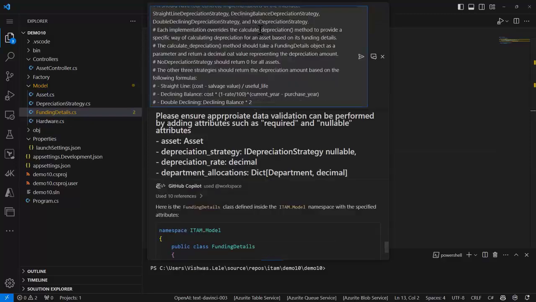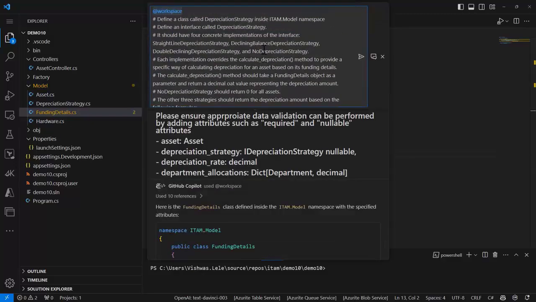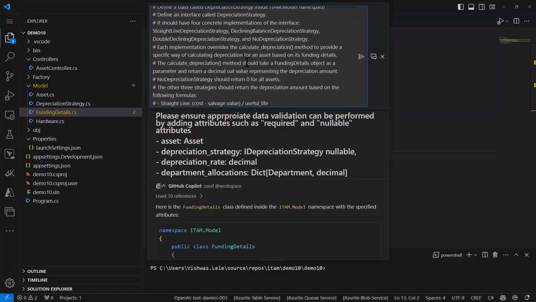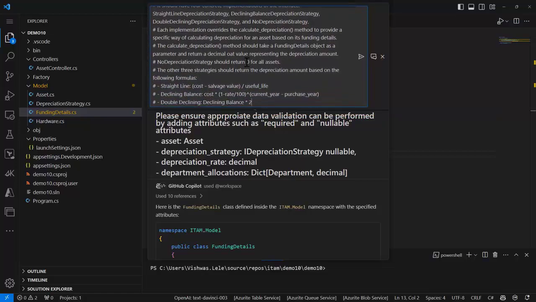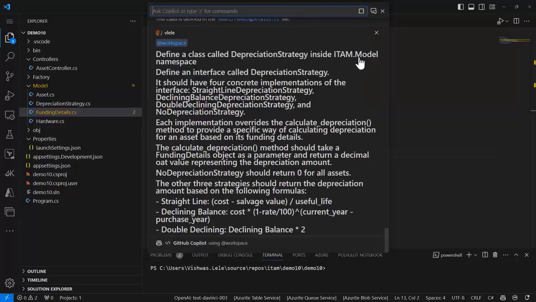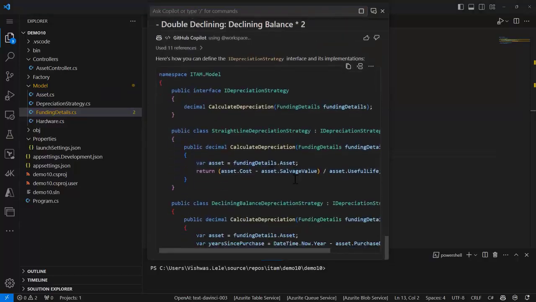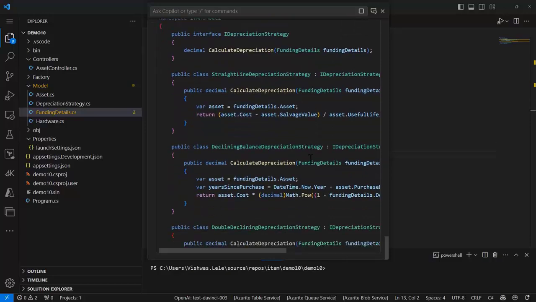Let's once again paste a prompt. I want you to note one thing here. Of course, we start out with the workspace. Here we are providing very detailed instructions about how we wanted to create different types of depreciation. If you look here, you have straight line, then the declining, and then you have the double declining. It's very hard to complete this just by an autocomplete, and you have to provide these details. Let's go ahead and generate the code.